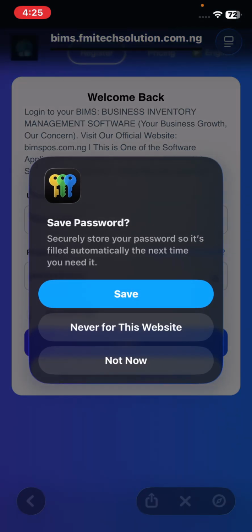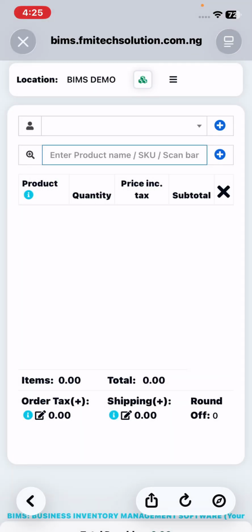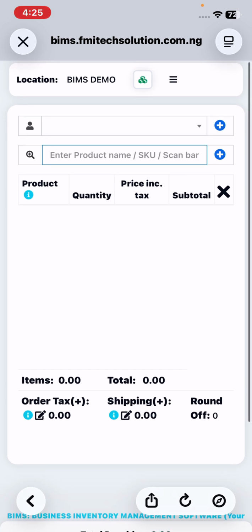Do you want to save the login for this site? No, I can say never for this site. But if it's your personal phone, you can just save your login. But this is the demo login, I don't want to save that. That is why I don't save it. So you can see, the moment I log in as a cashier, it takes me straight to where I can be selling the product,